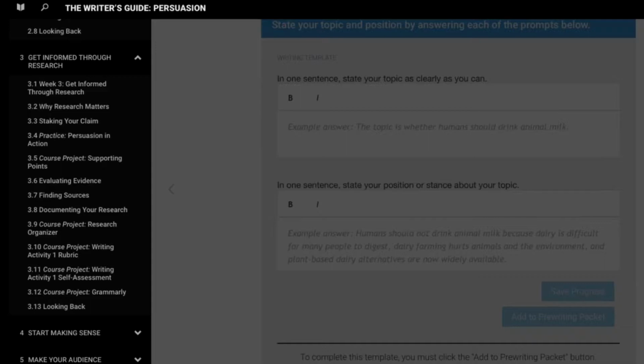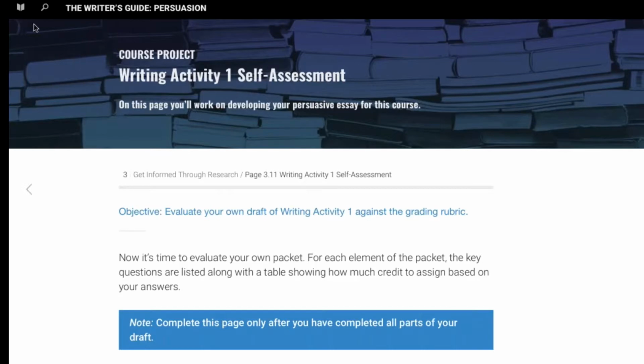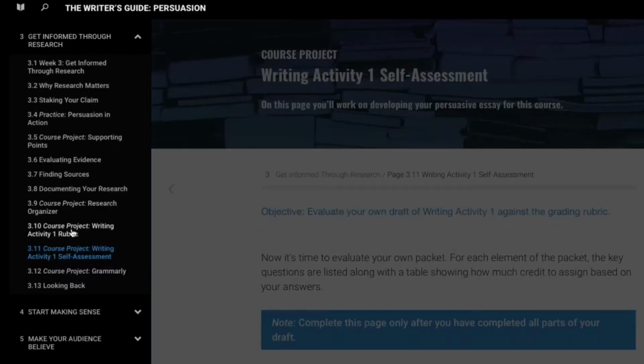Once you've completed all of your templates and you've made sure all of your content is in your template and you're ready to download your Microsoft Word document, there's one more step within the web text that you want to take first, and that's always that you want to perform your own assessment. If you notice, pages 3.10 and 3.11 also have course project written before them, and this is your chance to